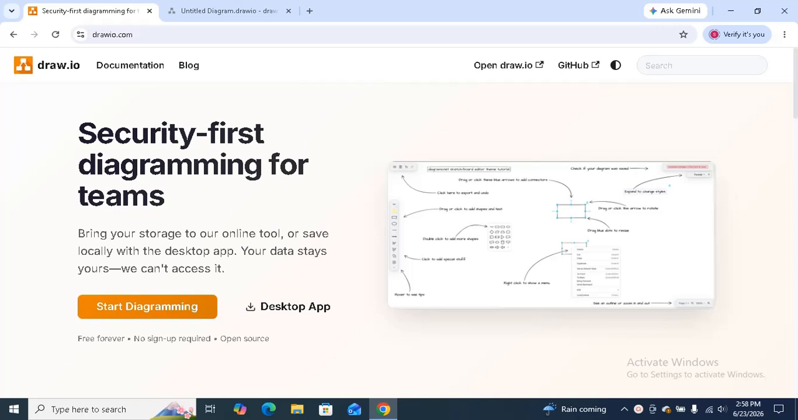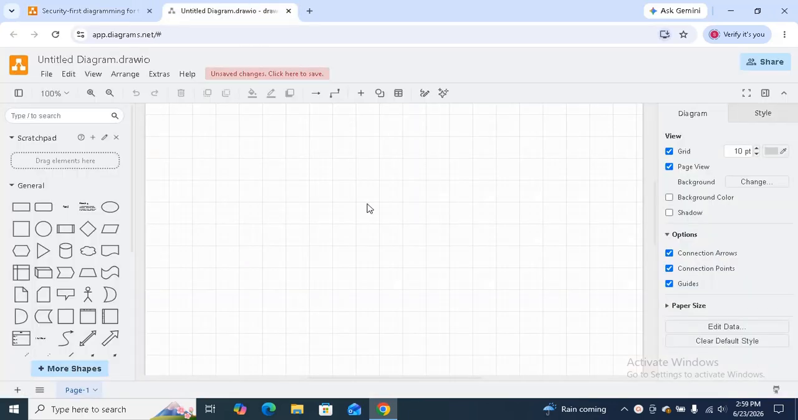So in this video tutorial I am going to show you how to create a basic network diagram using drawio.com. Once you go to drawio.com, you are going to click on start diagramming. Once you click on start diagramming, it will show you this,